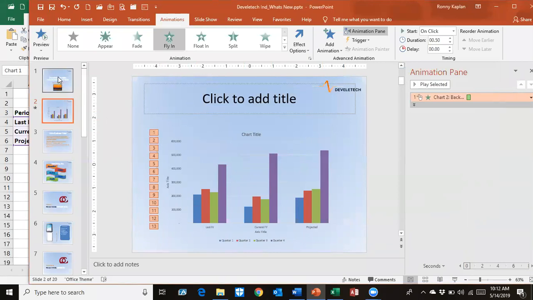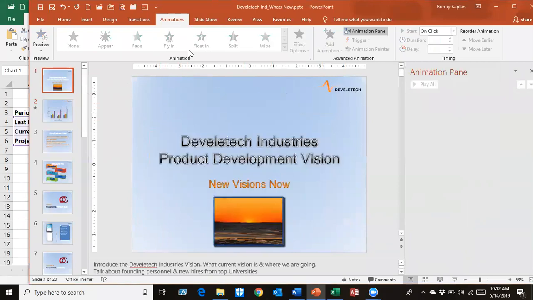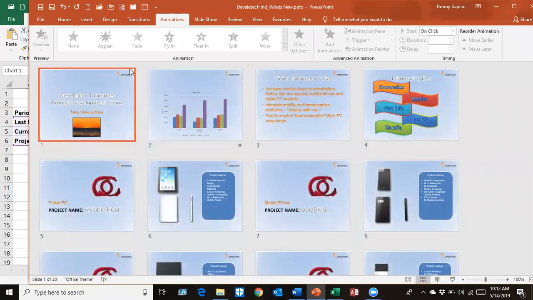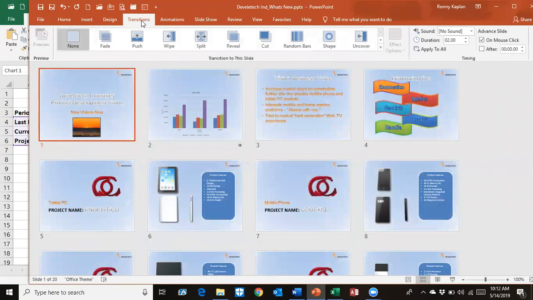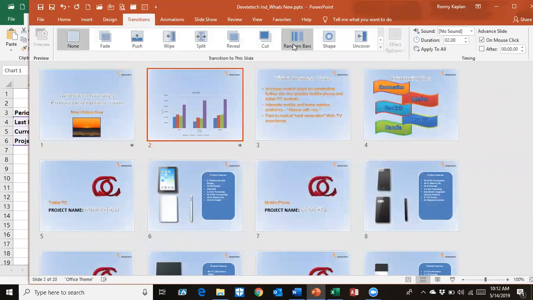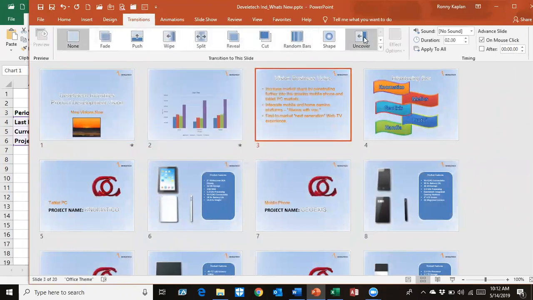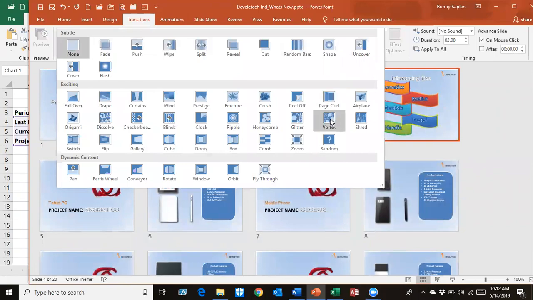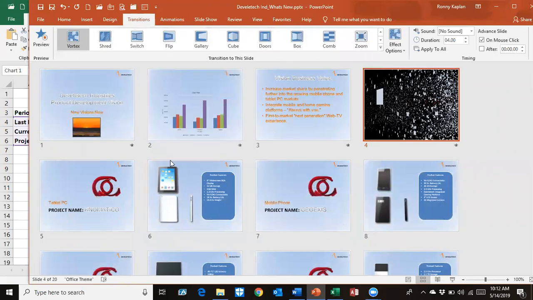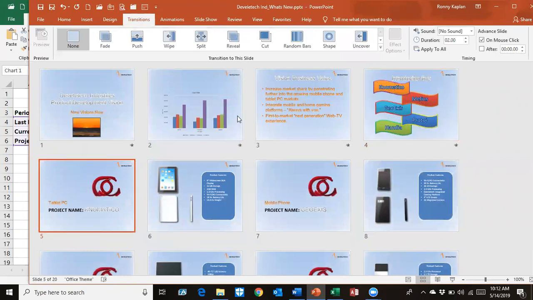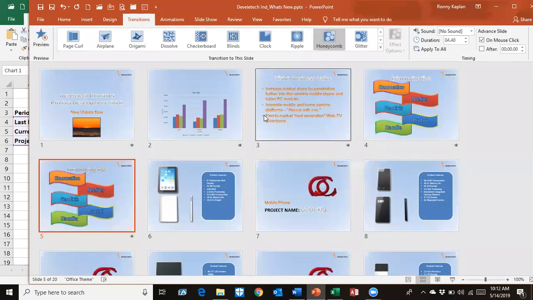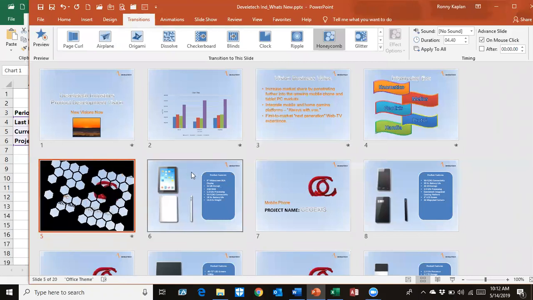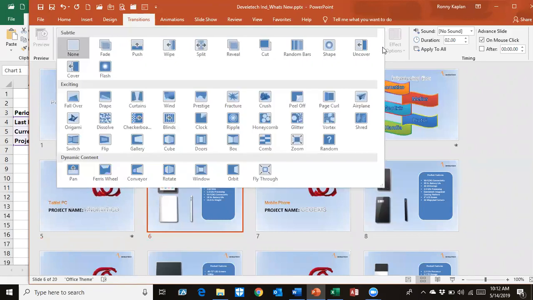And as I'm sure you know, in PowerPoint I'm going to put this view into Slide Sorter, so we're seeing lots of slides. You also have a way to do transitions, which allow you to set a way that each slide comes in. You certainly wouldn't do each one differently as I'm doing here, but I'm just going to show you some of the more dramatic ones. Okay, so that was the vortex, and we also have honeycomb. It's kind of a dramatic way to, and we also have,